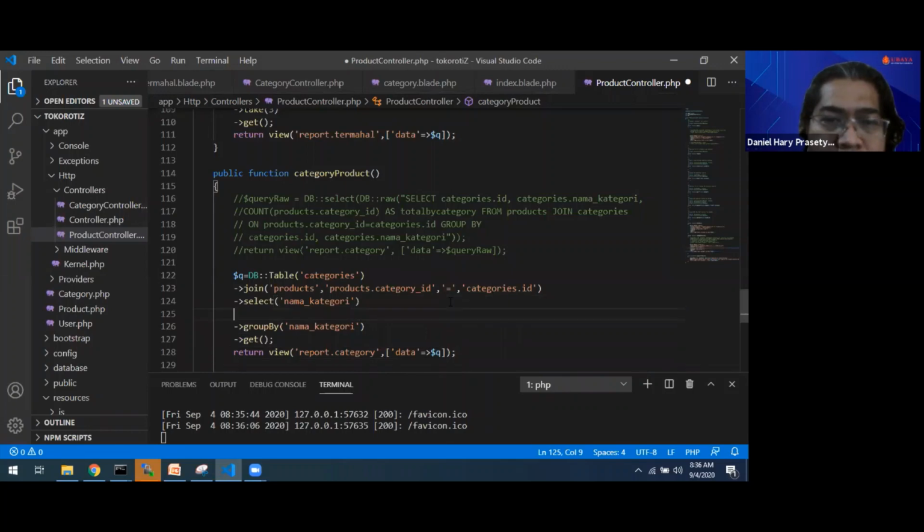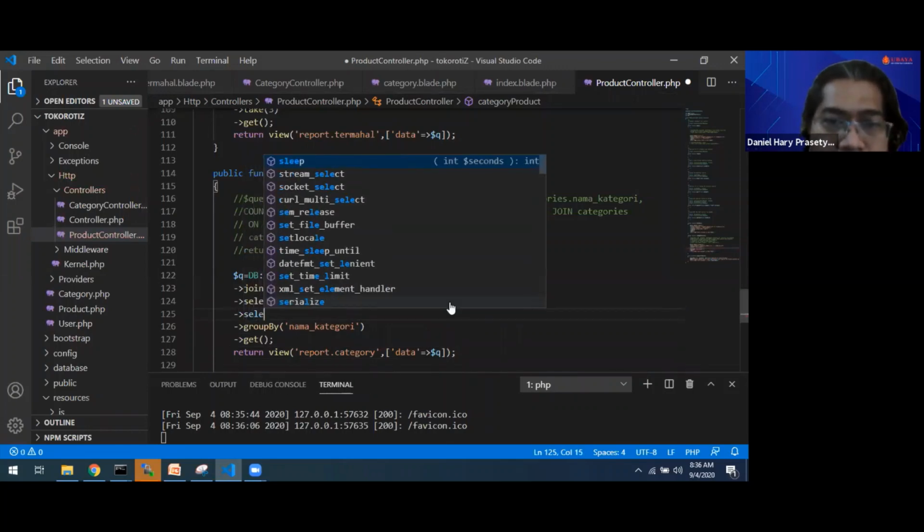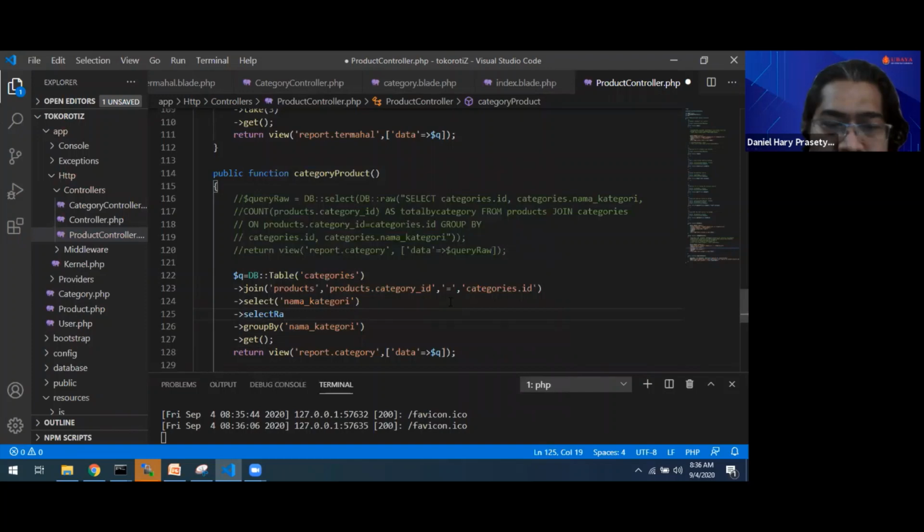Okay, we can use select raw. Select raw. Count nama kategori can also be used. Count nama kategori or count kategori ID, categories.id also, as total by category.